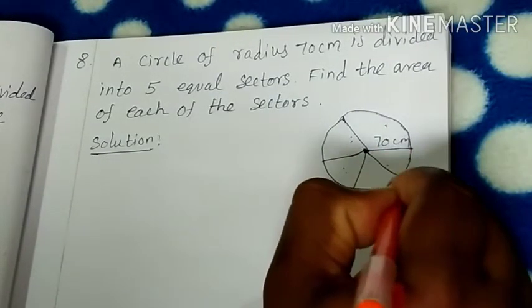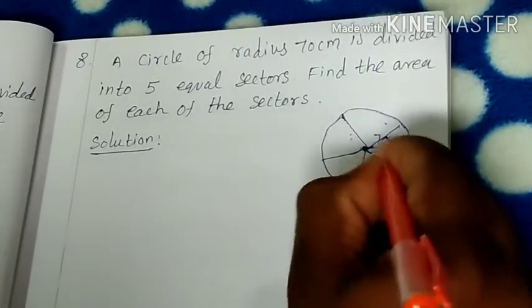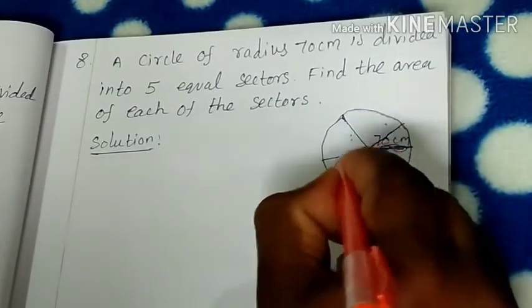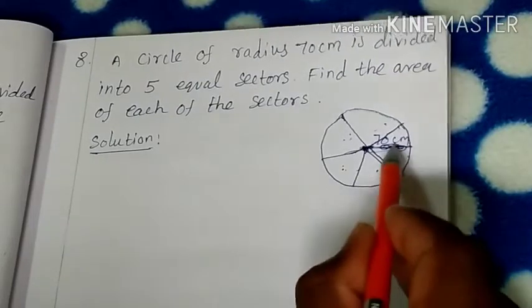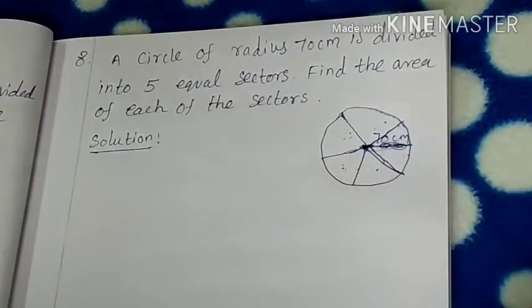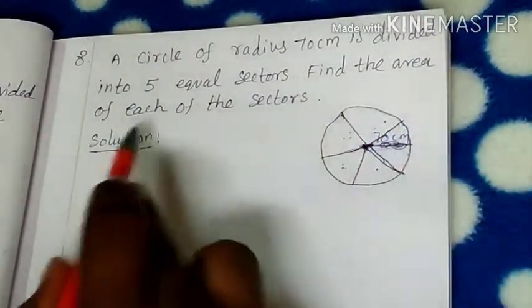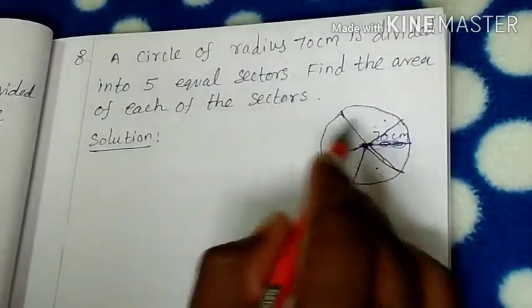So now here draw the, because all are equal, the gaps also we want to draw in equal size. 1, 2, 3, 4, 5. This is fully 5. So just consider this, the 5 equal parts of the sector. Find the area of each of the sectors. Okay, so the area of the sector formula